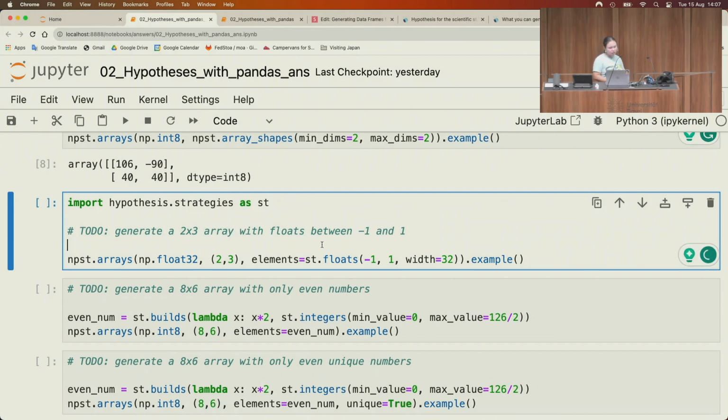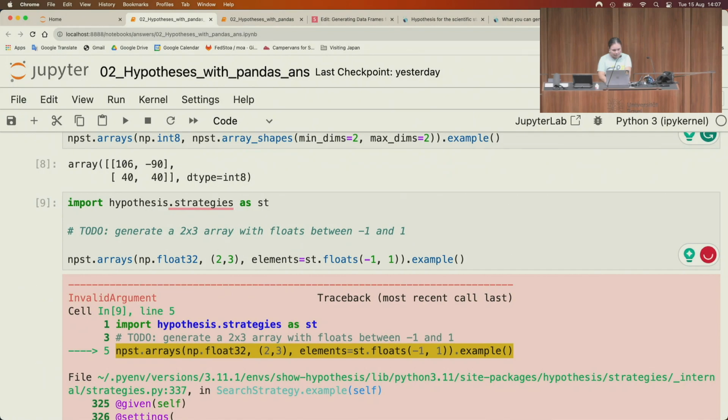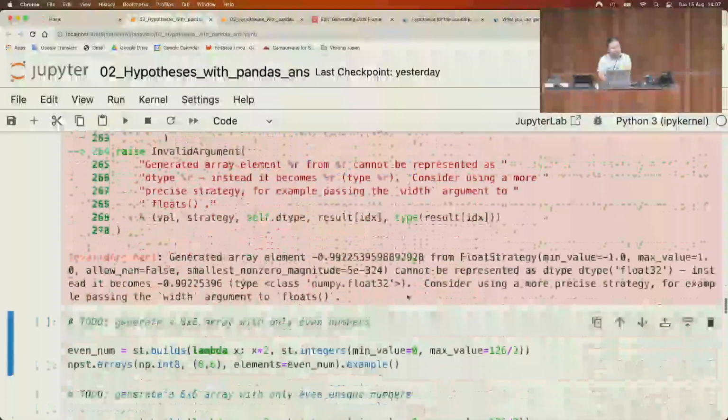This time I want floats between minus 1 and 1. Again, I can control how the float is. But there's a catch here. Because of floats, you can see the type is float32 here, which I set. I have to also set the width of this float. If I don't do that, let me take it away, I will have an error saying that